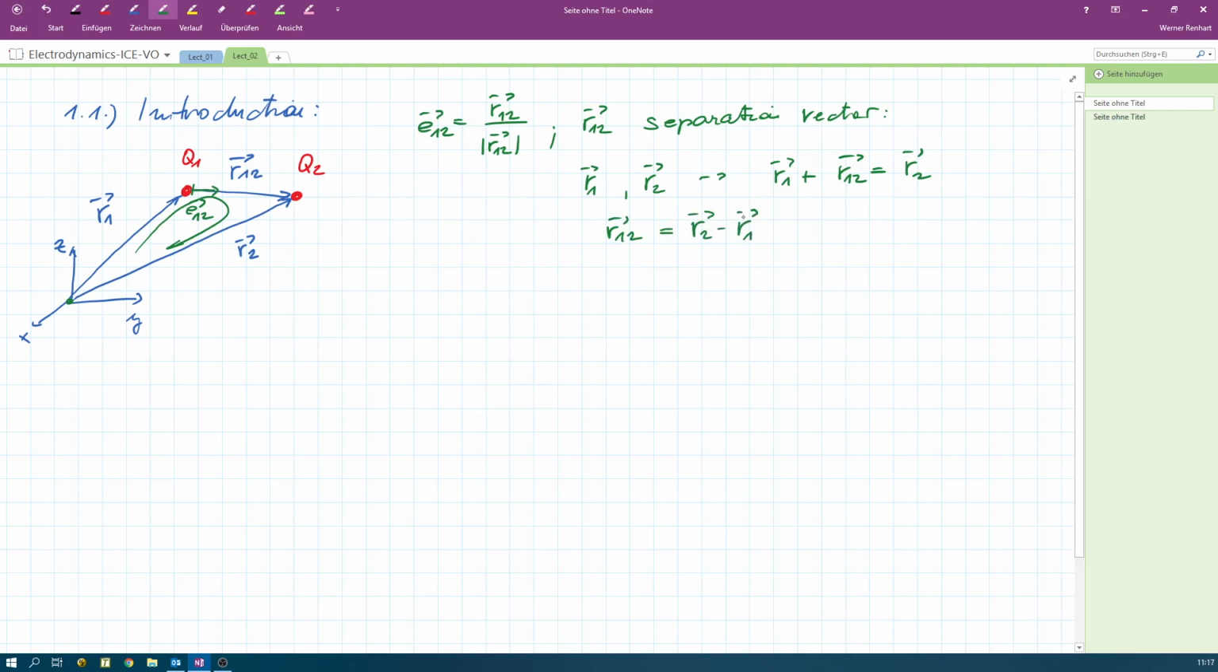It is quite simple, and the magnitude of this vector is the square root of the sum of the squares of the three coordinate components of the vector. So R12, the magnitude, is also written R12 without any vector sign. And for this we can develop the force acting